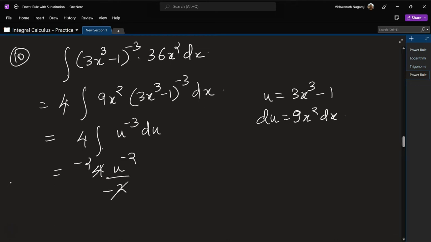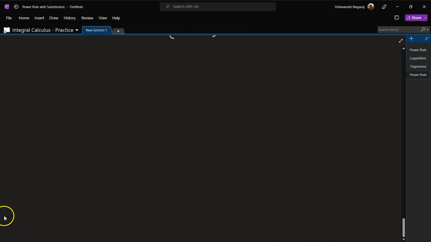Two twos, let's bring the minus up. This becomes minus 2 u to the power of minus 2. So we can write it as minus 2 by (3x cube minus 1) square, plus c. 11th one,